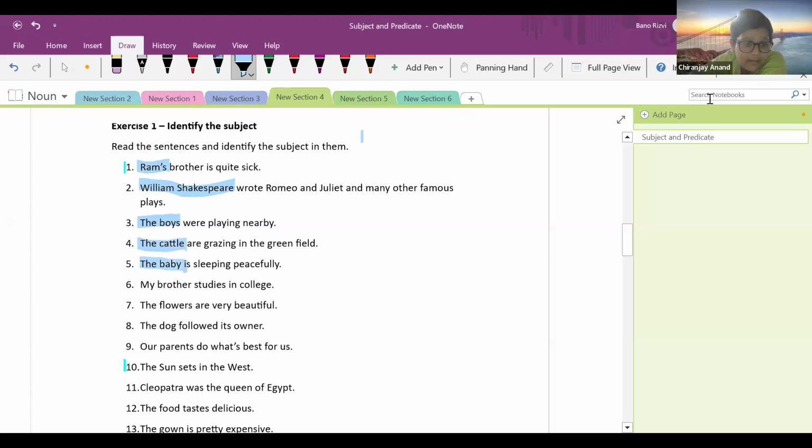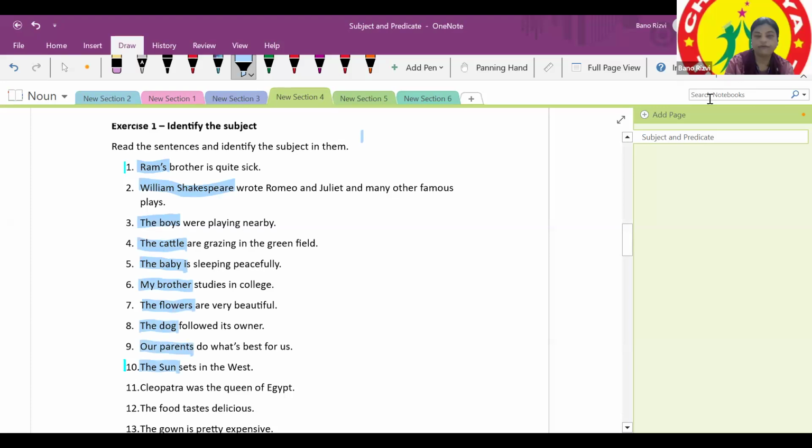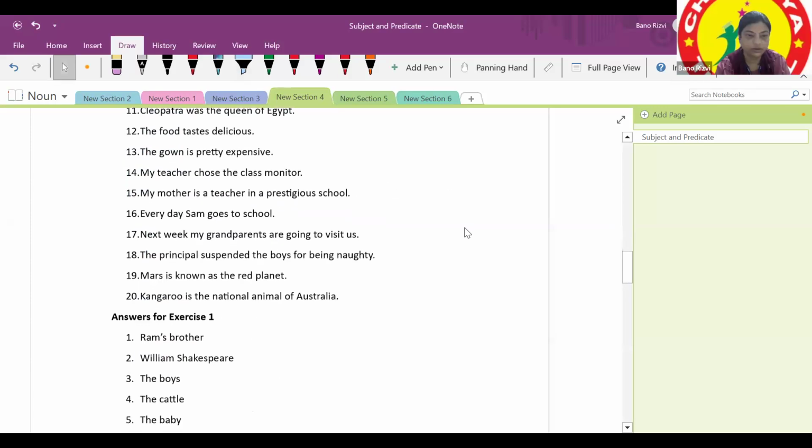The baby. My brother is studying. The brother. The flowers are very beautiful. The dog follows his owner. Our parents. The sun. All of you got all correct? Yes, ma'am. All correct? Good, good. Now let's do